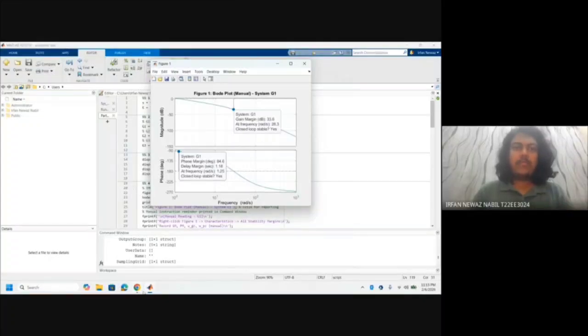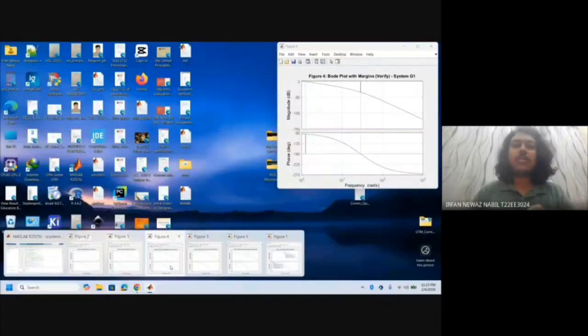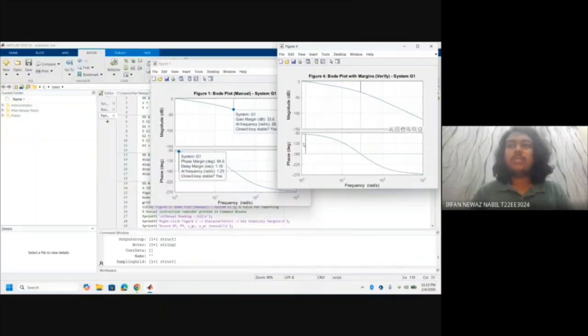We can verify our manual calculations from figure 4, which is here, and we can see very small errors compared to our manual calculations. So now let's jump into system